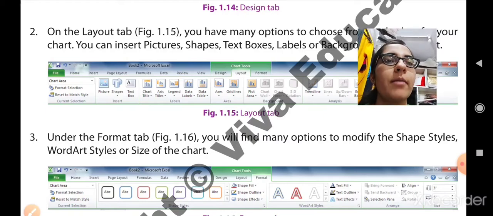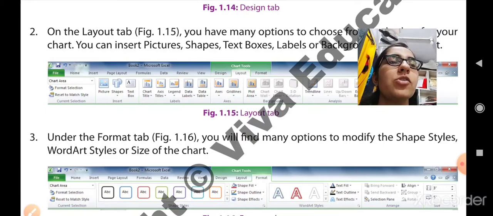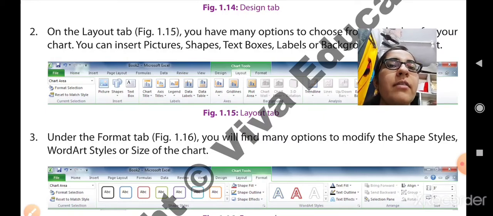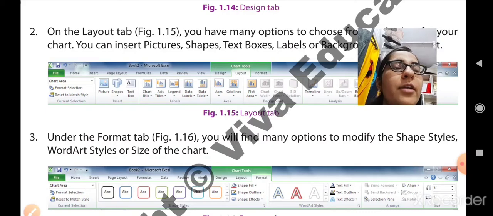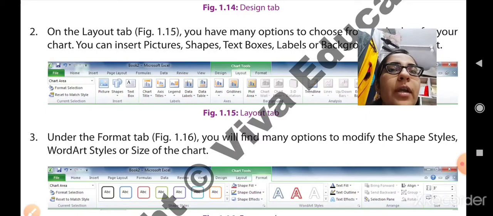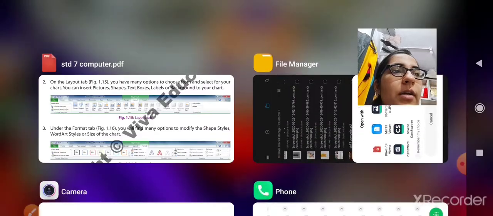Under the format tab you will find many options to modify the shape styles, word art styles or the size of the chart. It means that in the format tab you can modify your chart after the creation of the chart. You can also change the shape, give the shape various styles, and give word art styles.